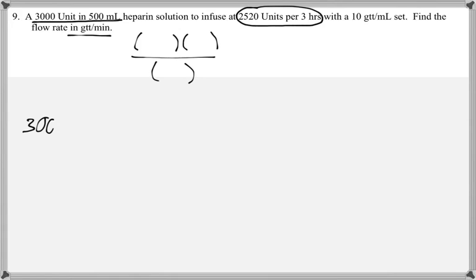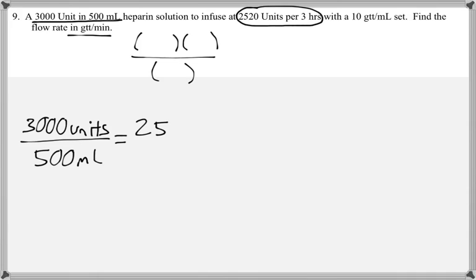So the first thing I want to do is set up a proportion, with the 2,520 units, so that I can figure out how many mLs this is. 500 times 2520 divided by 3,000, and we get x is equal to